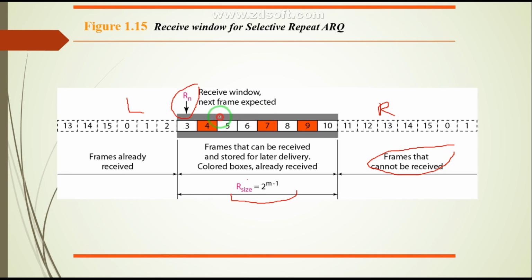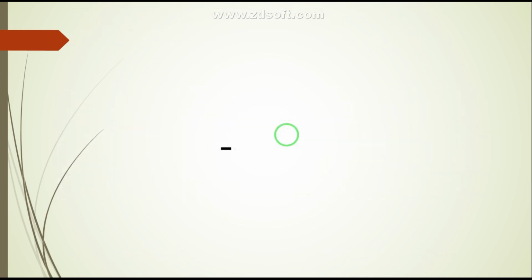The boxes shown in orange color tell you these frames are already received, and those in white color, that is 3, 5, 6, 8 and 10, now need to be received. So this is about the receive window.